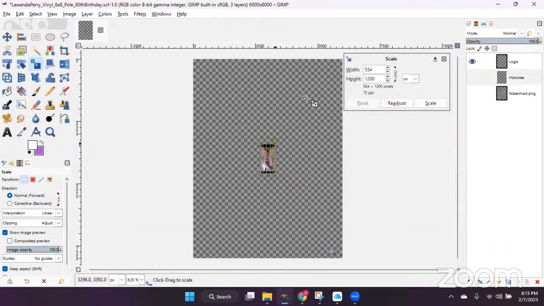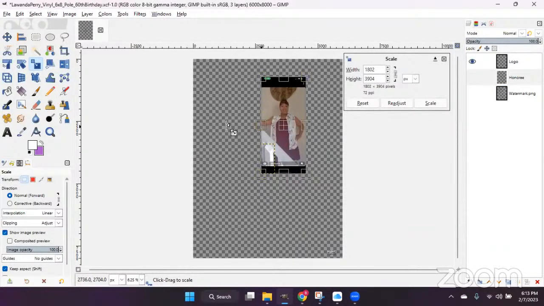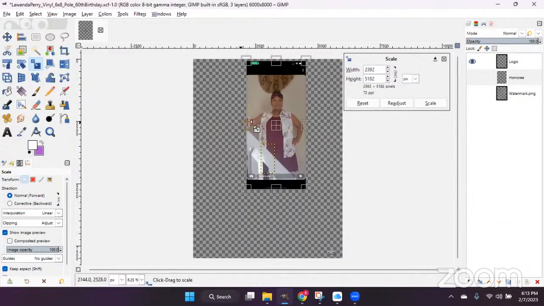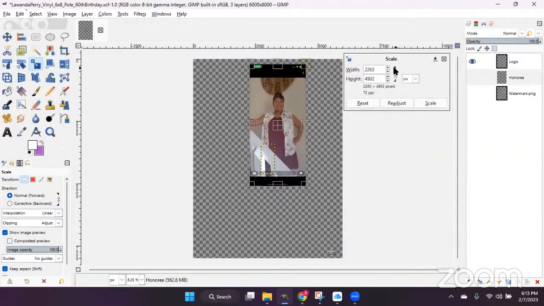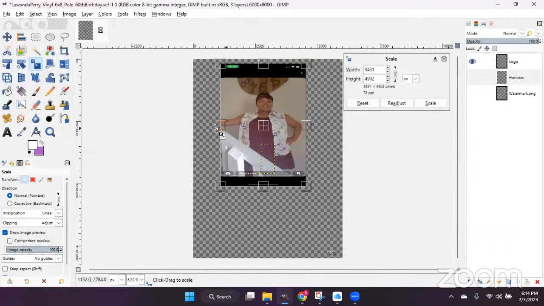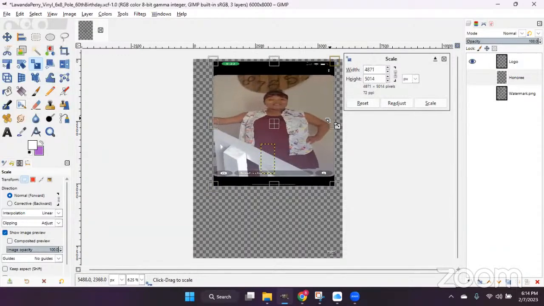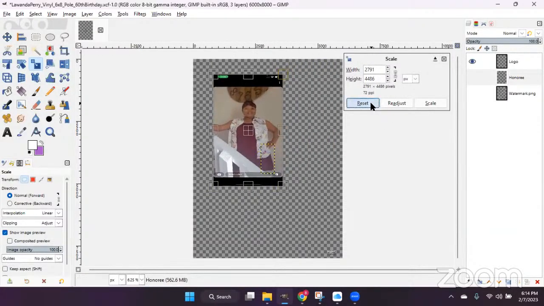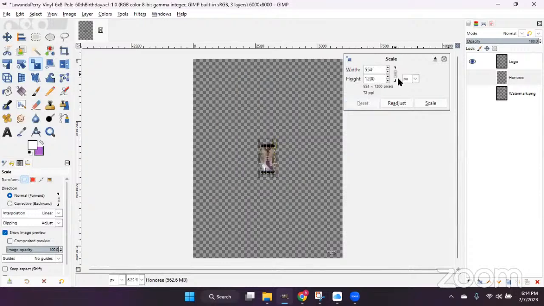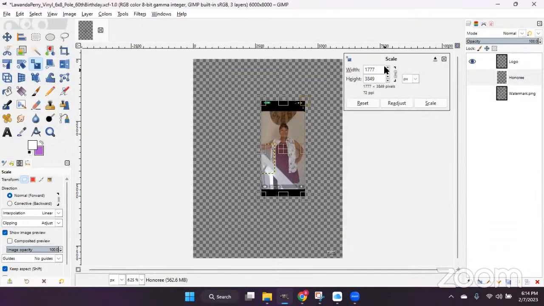You can either drag the corners or one of the sides. You want to make sure that these links are locked together, because if not, it's going to distort your image, and we don't want that to happen. So let's reset, lock it back, and you can drag the corners or the sides or the top and bottom,